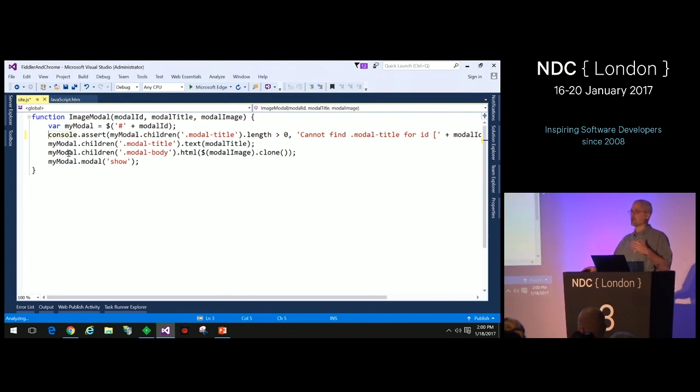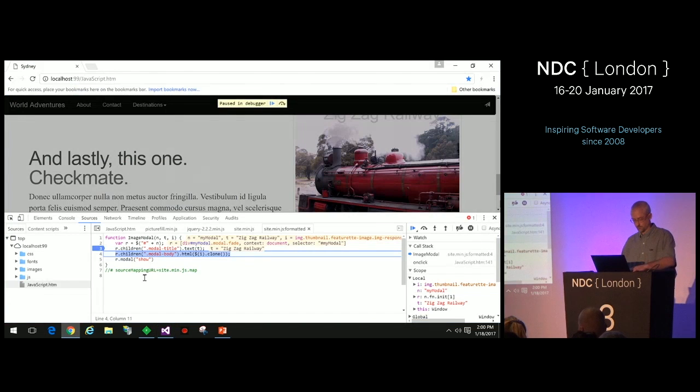So I can do things like console assert, or I can do traces or warning or debug. All of those things are going to get put out into the console for the developer tools. So in this case, if I were concerned, I want to make sure that when I do the children, I get back something that's at least length greater than 0. I can just say I want to assert that. And if I save that and run that again,